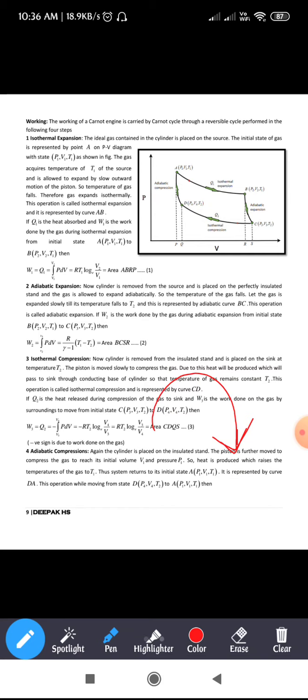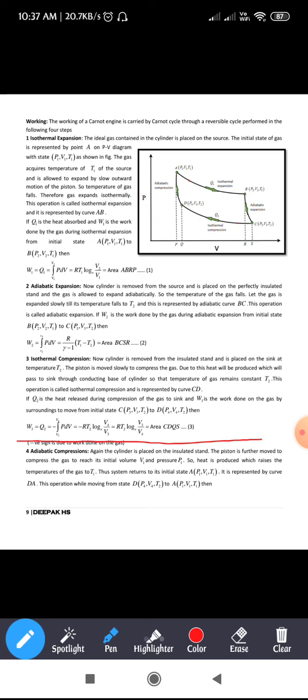That heat rejected is denoted by Q2. Q2 is the amount of heat rejected to the sink during the compression. The work done here is negative. As you know, when the work is done by the system it is positive, and when the work is done on the system it is negative. Now the work is done on the system, that is compression, right? So the work done is taken as W3, which is equal to negative Q2, where Q2 is the amount of heat rejected. Since the work done is negative, we have taken the negative sign there.